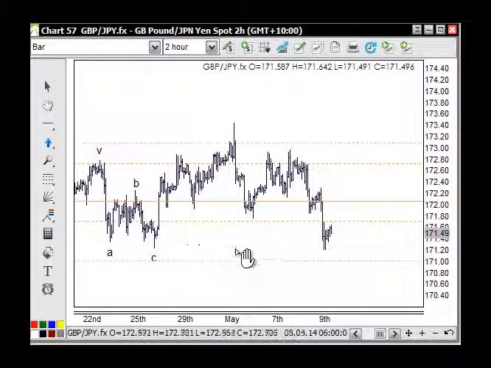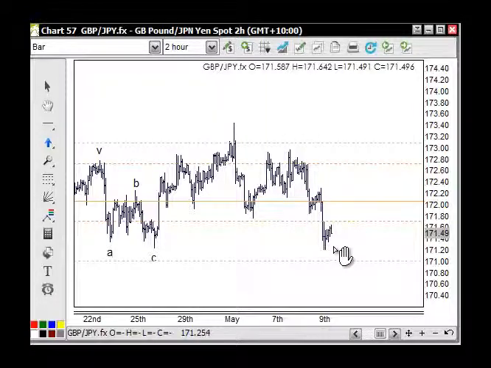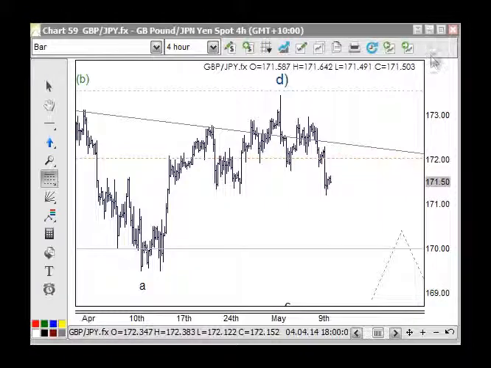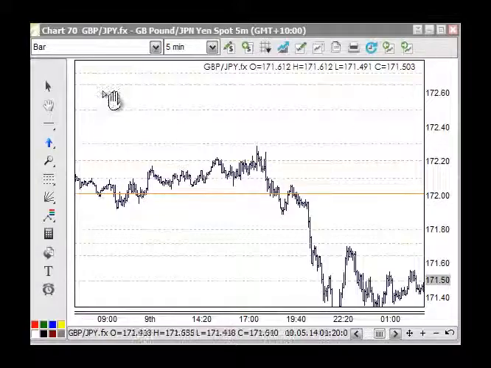And here we can see from this particular high, we had 5 waves down, so we were looking for a retracement back, and then we're looking for another 5. Well, we've got the other 5, in terms of 1, 2, 3, 4, 5. So this can be an A and a B and a C correction, finished here and move up from here. It's likely to retest the 172, and it will likely do that if we break this down here while it's above 171.50. You can expect it to do that. If it moves under that, then we will be looking at